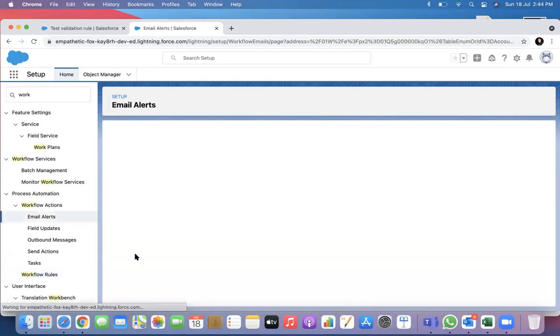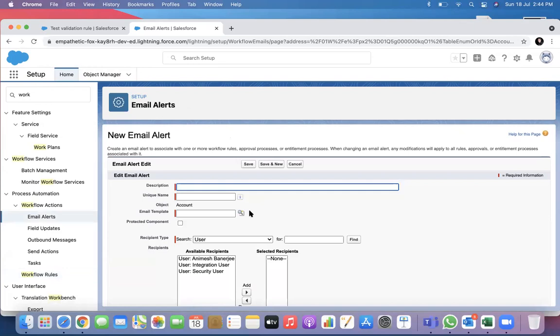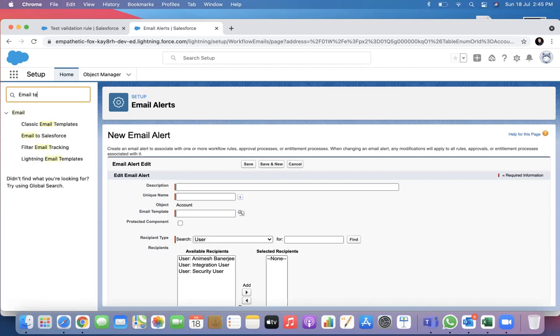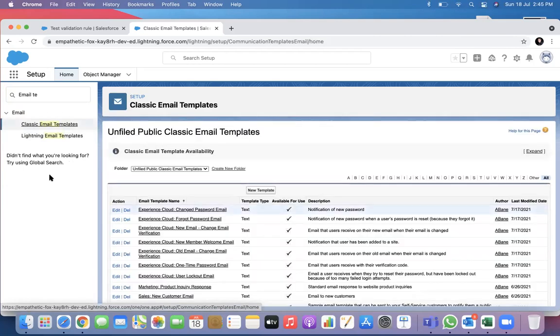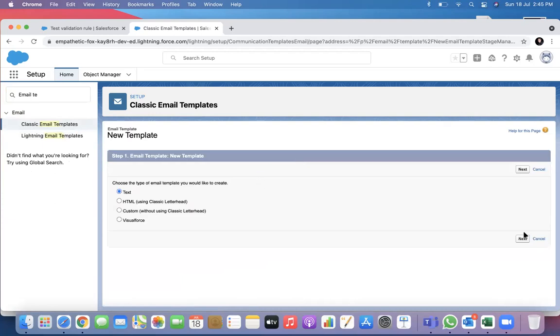So let's create an email alert. Before creating an email alert, I have to create an email body, right? What I want to send to people. For that, you have to create an email template. There is a classic email template. There is a lightning email template. I think we'll use the classic email template. There's text and there are many forms, but let's keep it simple. Let's have text.